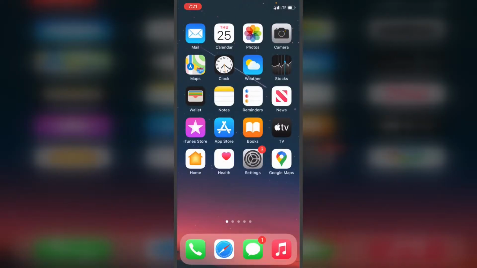Hello guys, in this video I'll show you how you can change your home address in Google Maps app on your iPhone. What I need to do is just open your Google Maps app,